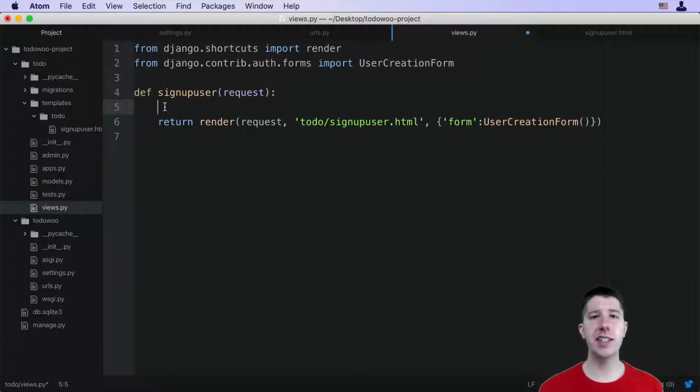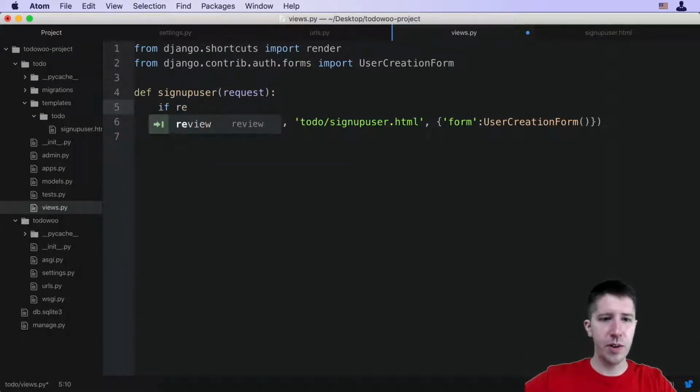So we need to be able to distinguish if someone's trying to do a GET or a POST. And the way to do that is quite simple. We just check this request object. You've been wondering, why do we always have this request that comes into this function and we have to pass it through to the render? Like, why is it even there? Well, it's for situations like this, so that we can say if request